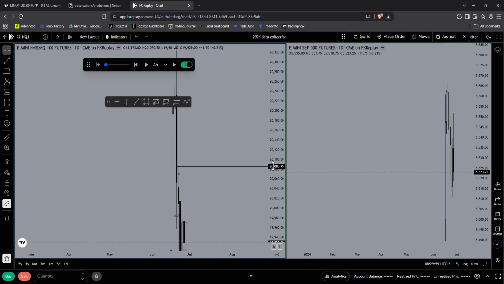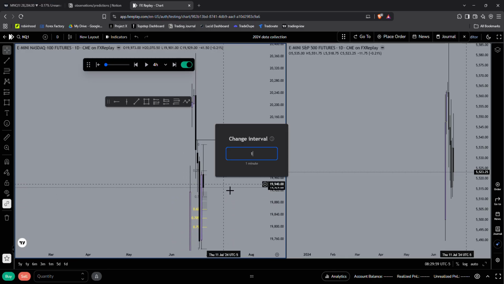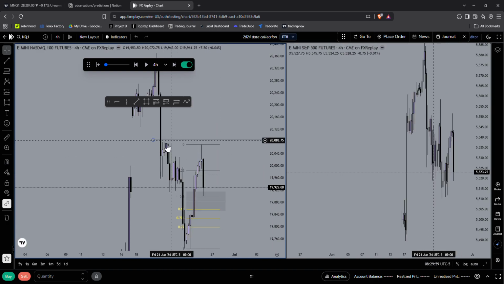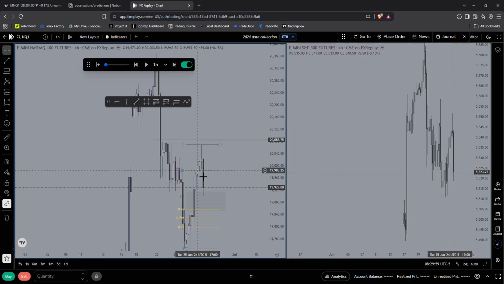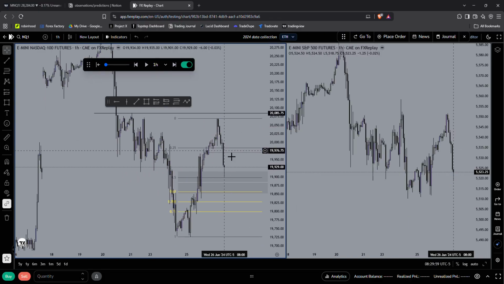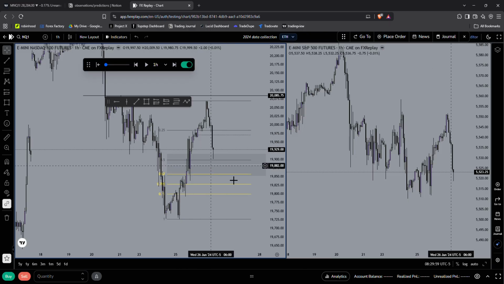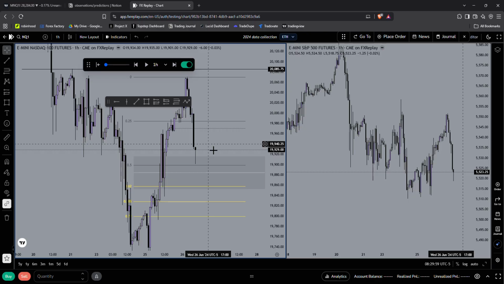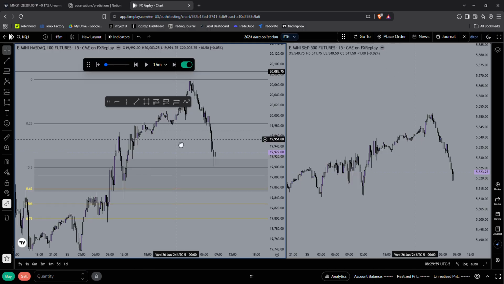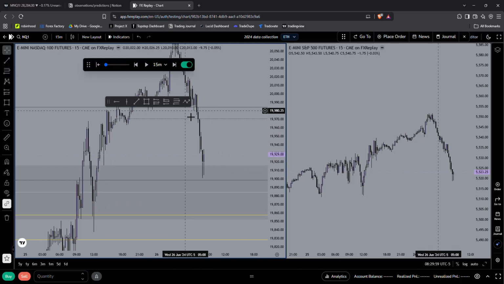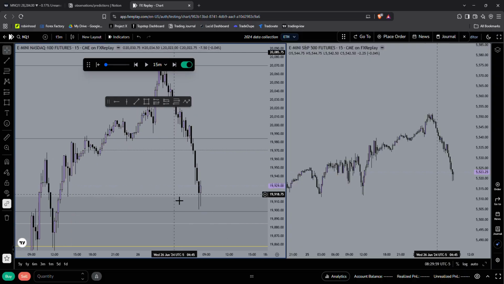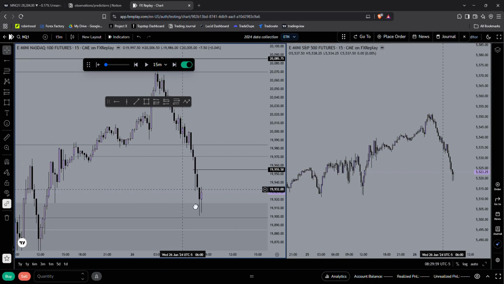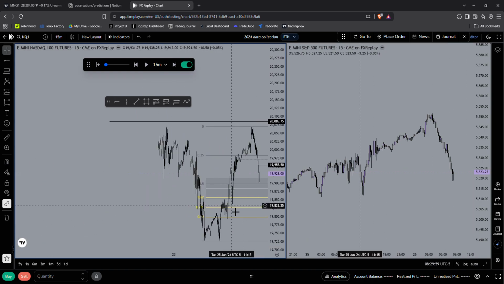Yeah, I would say we had no manipulation of the upside. We haven't hit any key level for us to actually go lower from yet. The key level for me would be this daily gap / previous day high. However, we go lower into a good key level that price can play off of, which is this 4 hour gap. And we're also sweeping out some LR. I don't like how there is still all of this, but I like how we sweep this, so it really just depends on how we play from here. I prefer us going lower, sweeping out this low, because then we'd be at the equilibrium point, and we can have a move up to these 15-minute gaps.